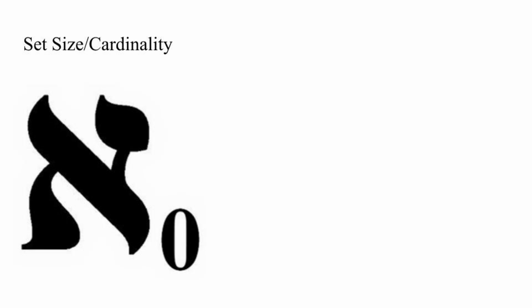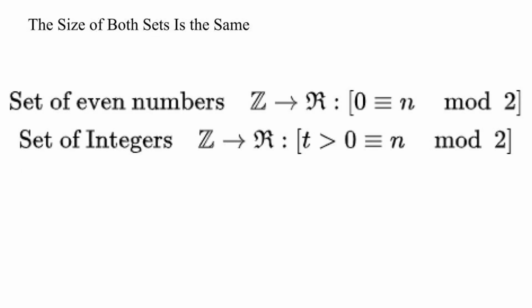To understand integration, we have to understand sets and their measures. The size or cardinality of a set, denoted by the Hebrew letter Aleph, describes the length of a set. Size has nothing to do with the value of objects in the set, but instead its lateral size. For example, the set of even numbers and integers is the same, because for every value of n, there is a corresponding value within both sets, such that their domain's measure is equal.